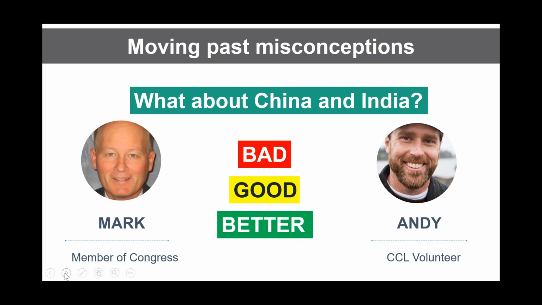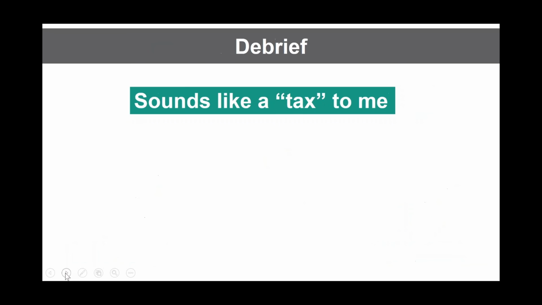Okay, so let's stop and debrief here again. Now notice that Andy's better response started by, again, acknowledging and really this time sharing the member of Congress's concern. Andy said, hey, I've had that same concern, Congressman. I'm conservative myself. Would you like for me to tell you what I've learned? So in this example, Andy didn't really ask a lot of questions. He just found common ground right away and connected on values by sharing that concern.